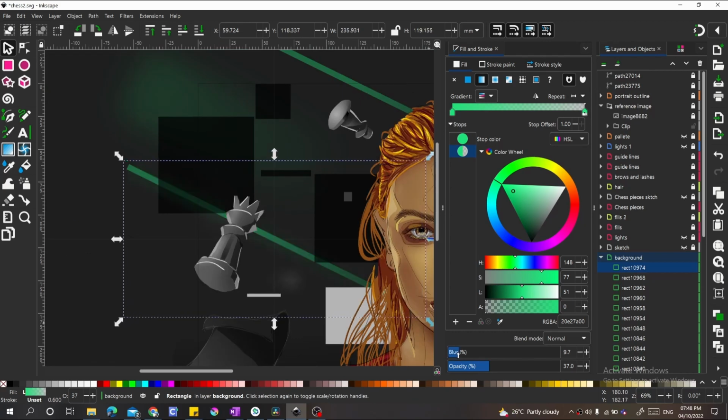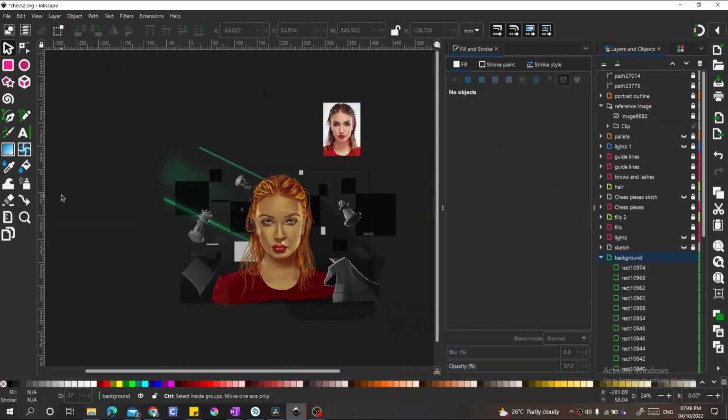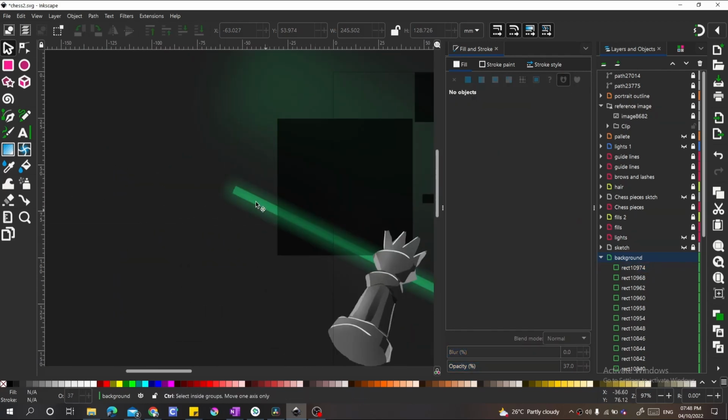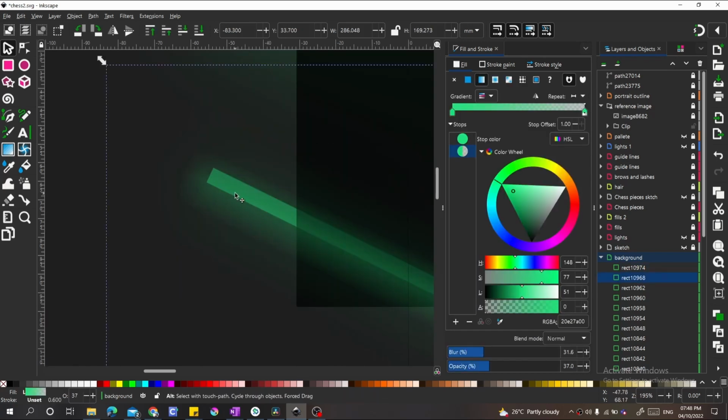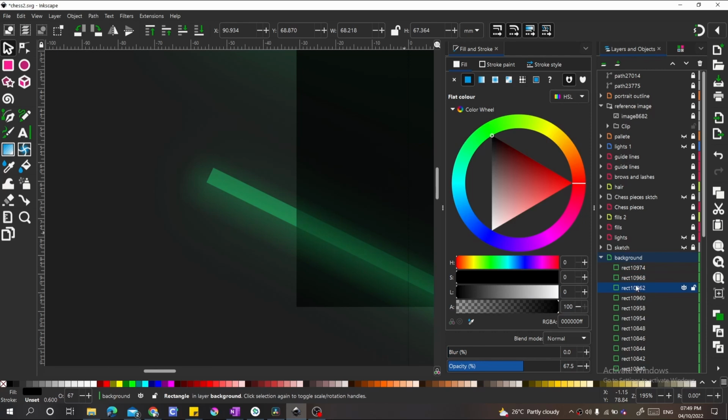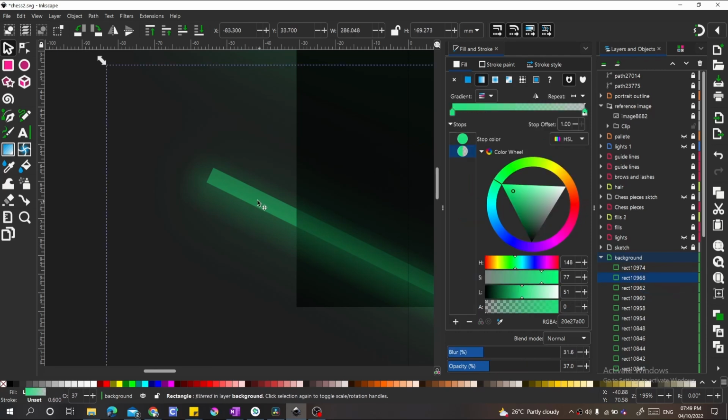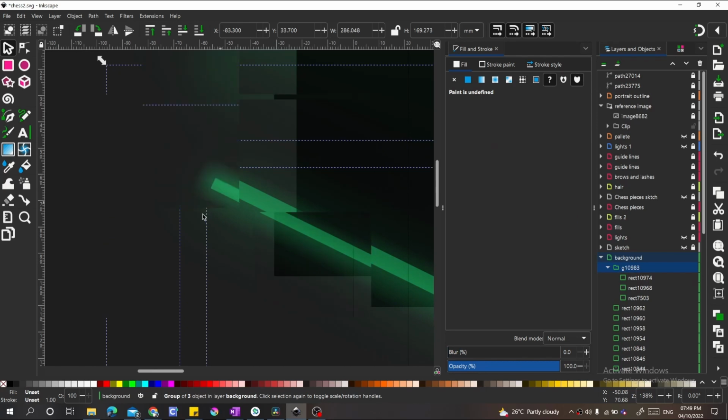Okay, let's consider this green rectangle we have. Let's duplicate it and then increase the blur and reduce the opacity. By doing this to certain shapes, to certain colors, you can make it look as though it is glowing. When you have a shape, you could duplicate it, increase the blur, reduce the opacity, still in the same position, and you can have a simple glow effect. You could do it 3 times to achieve even more glow on your